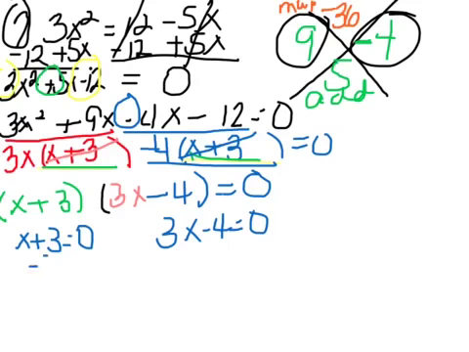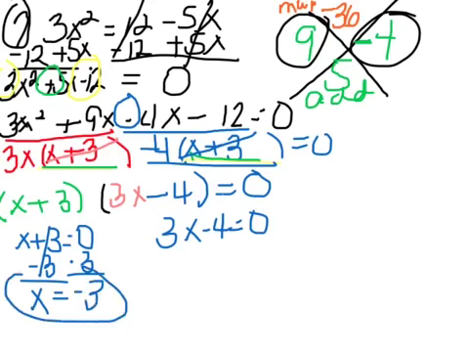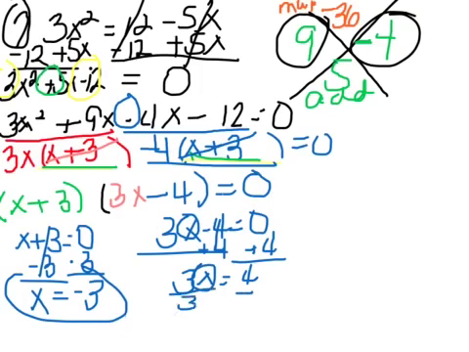So on the first one, I would just need to subtract 3 from each side. A lot of times your answer is just the same number with the opposite sign of what was in the parentheses. Not always, though, because look at this one over here. In order to solve for x here, I have to add 4 to both sides. And I'm getting 3x equal 4. And if I divide both sides by 3 to solve for x, I get x equal 4/3,